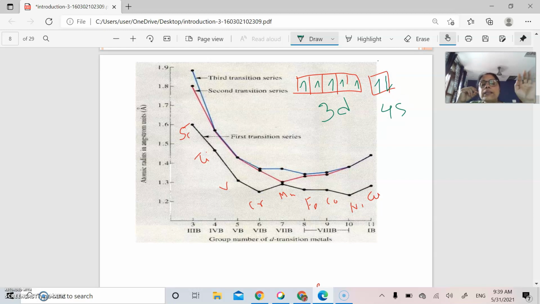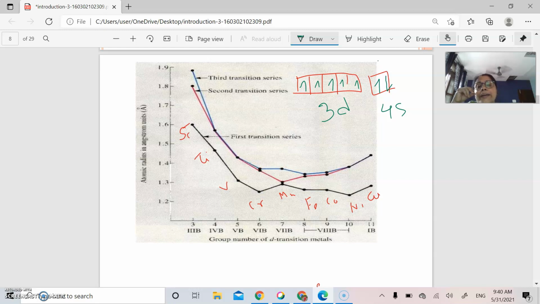And since the 4s electron has a screening or shielding effect, if the outermost electron is there, there will be repulsion among them. The 4s electron has a screening effect, but they are outermost, not inner electrons, so they will not affect the radii. But since they are paired, they will have slightly higher repulsion than in chromium, and that is why their energy increases and the radii increases to a certain amount.